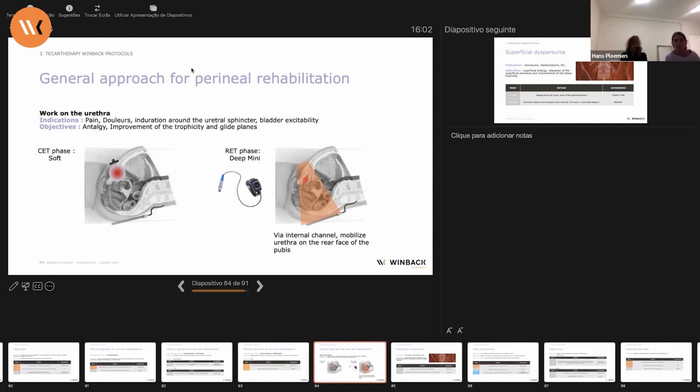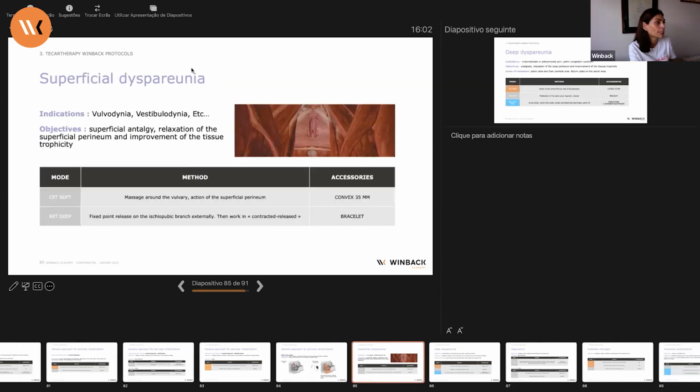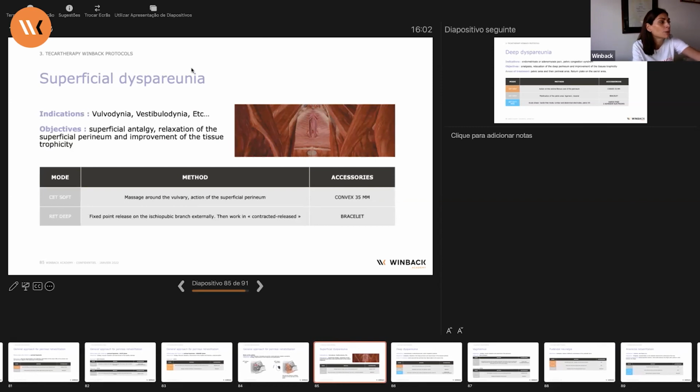If you have to work on the urethra, you can place your return plate on your sacrum, okay, and you work directly on the area you are planning on. When you're working on superficial dyspareunia, you work directly on the area with massage around the vulva, with the action on the superficial perineum. You can also use the bracelets to release the ischiopubic branch externally,